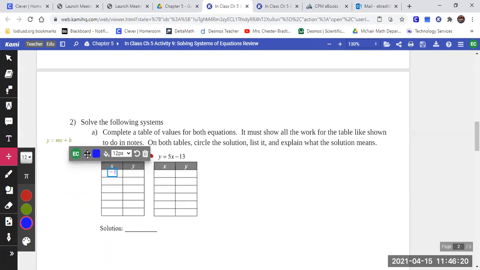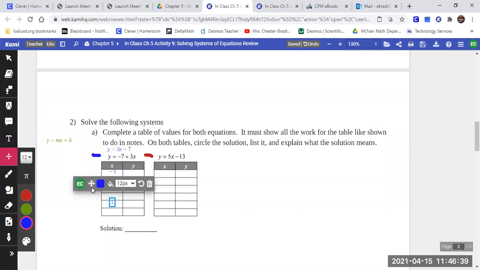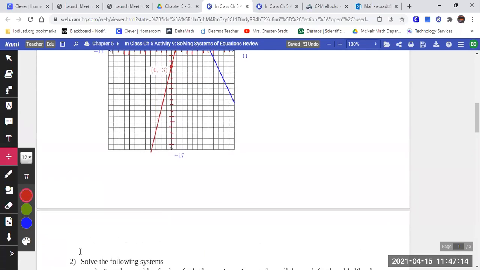-4, -2, 0, +1, +3, and +5. Now, the reason why we pick these ones, when you're choosing coordinates for yourself in order to solve for the point of intersection, you cannot always use -1, -2, 0, 1, 2, because that will not always find your point of intersection. Case in point, on this first one,